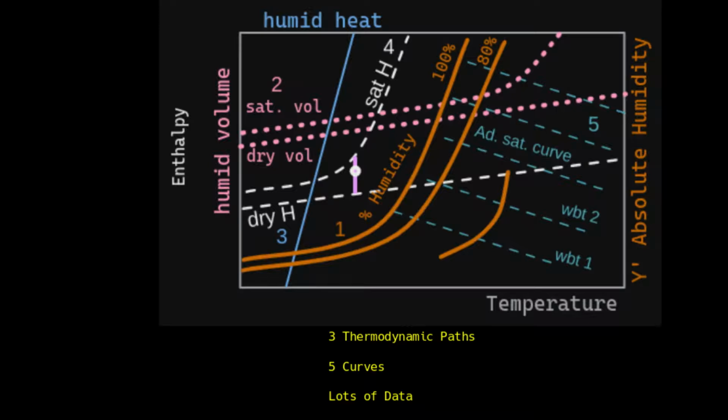The 5 families of curves are: 1. Absolute humidity versus temperature for various percentage humidity values. Second is the humid volume versus temperature. Third is the humid heat versus absolute humidity, and these humid heat values are present in the top left x-axis. The fourth is enthalpy versus temperature plot. This will be used in the final derivation, as enthalpy difference is the ultimate cause of humidification. Finally, the fifth one is the adiabatic saturation curve. Some of the data which we can identify in this chart are: